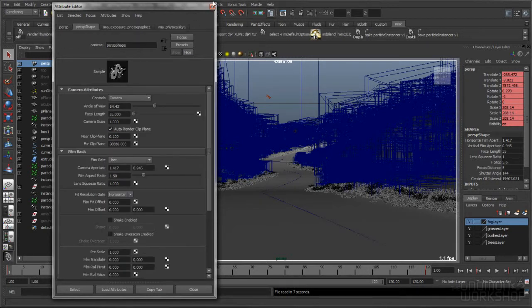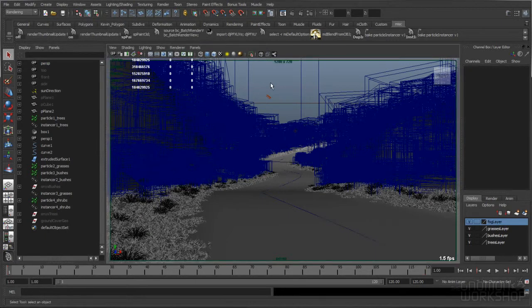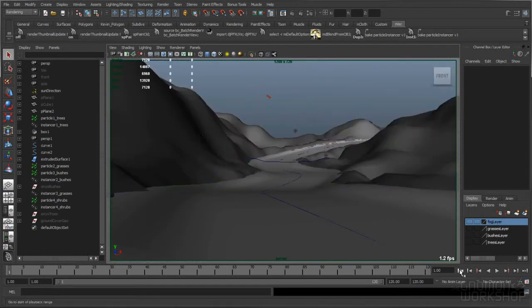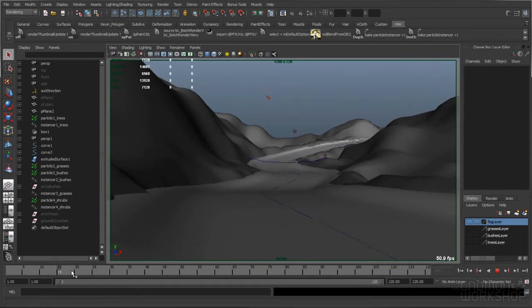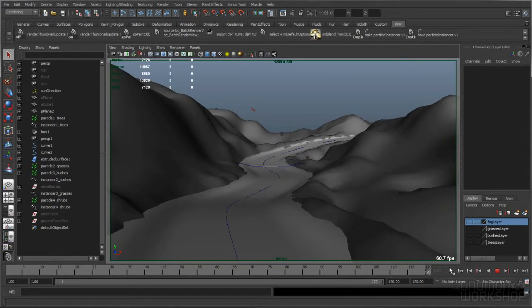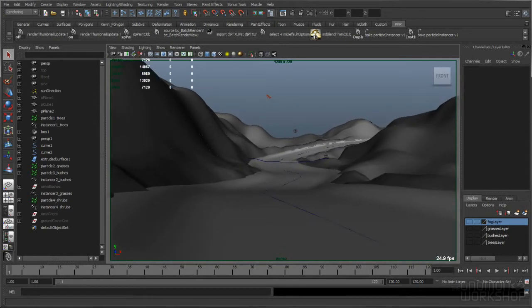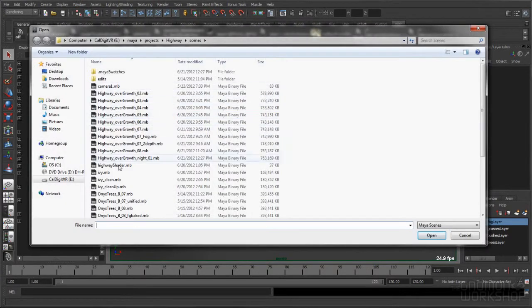And then I probably have a camera move in here. So let's see. Let's turn everything off, rewind and hit play. Yeah. So that's probably what changed in this scene is I keyframed the camera. And so just going from a low angle to a high angle. So if we go to the next save, which is 08,